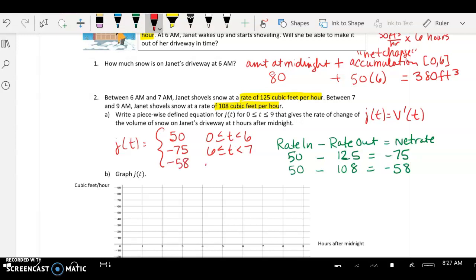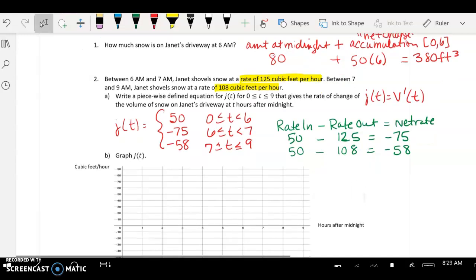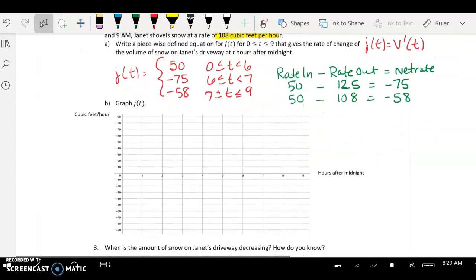And that's from 7 to 9 hours. Okay, so now we're going to graph our rate function, our derivative function. So I'm just going to remind myself that this is v prime of t. Simple linear function, so it's 50 is our accumulation up until we get to